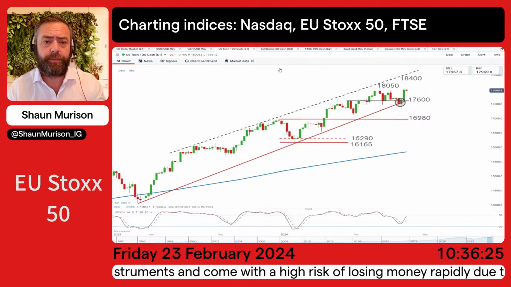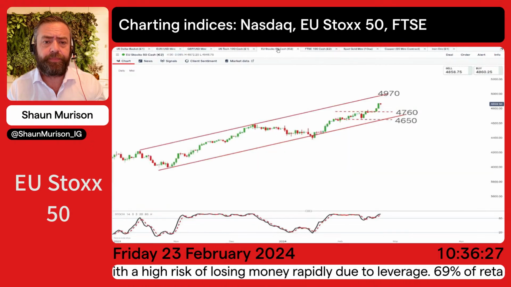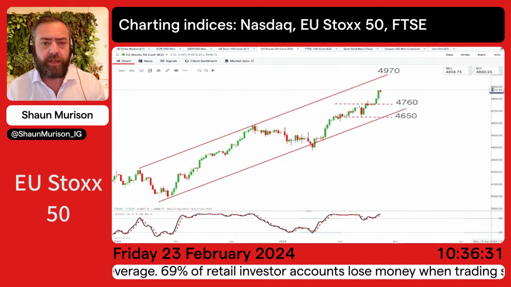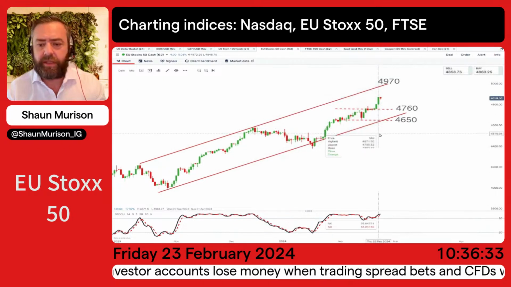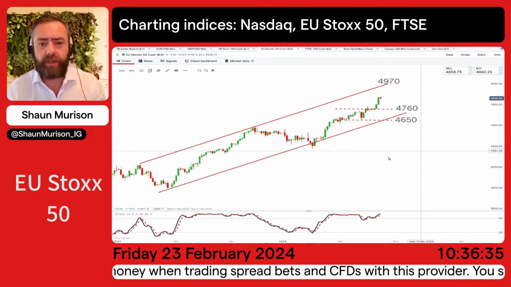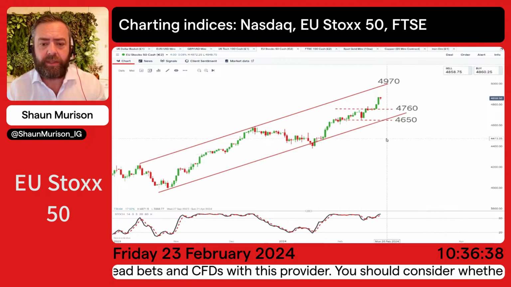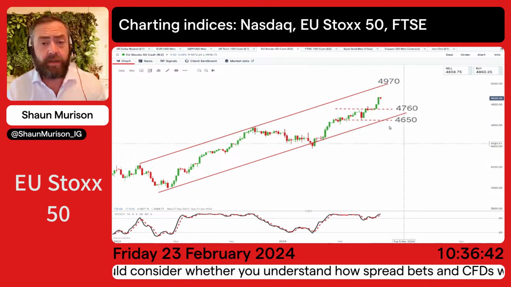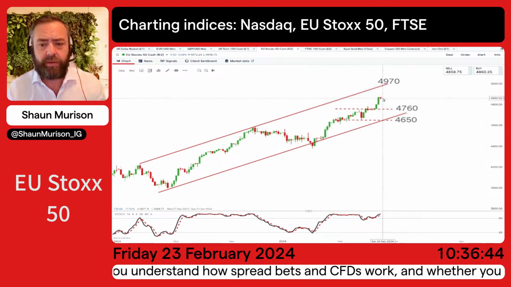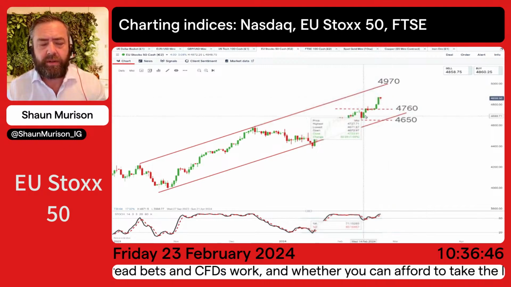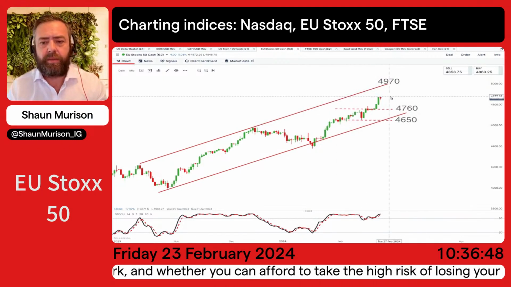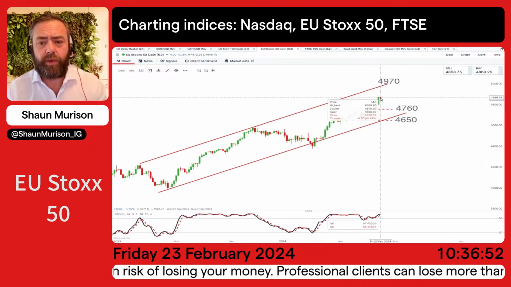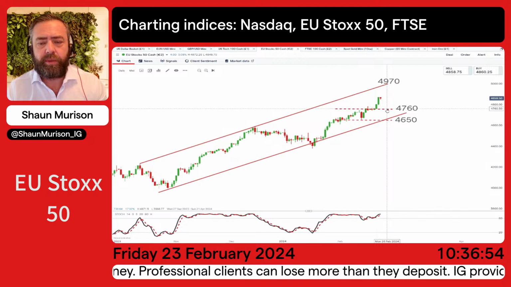Moving over to Europe. Euro Stoxx 50, another trend that is firmly intact. Market trading to new highs. A lot of stocks on the French 40 and the Germany 40 are helping drive this index higher. We are sitting in overbought territory right now, so if you have been long, you might start considering exiting your trades and locking in some profits, and hoping to join that trend if we get a bit of a pullback, with that initial support being about that